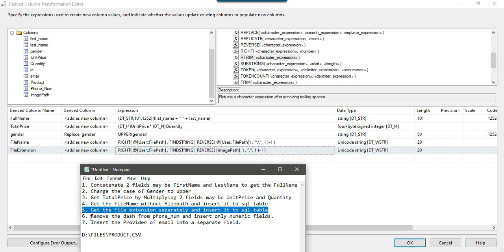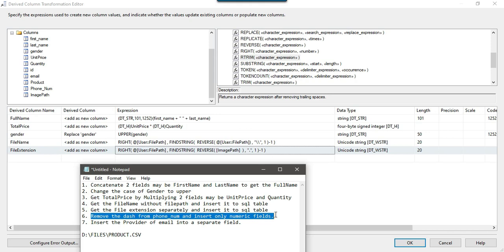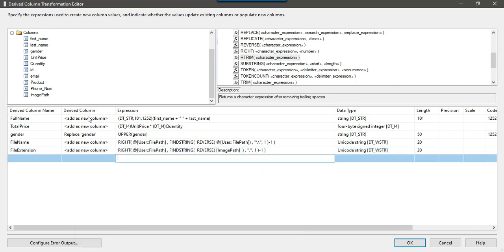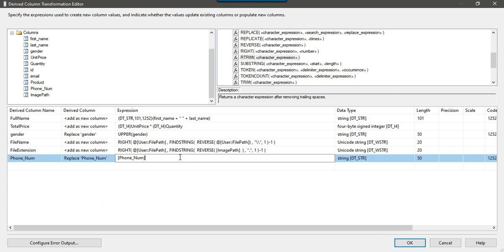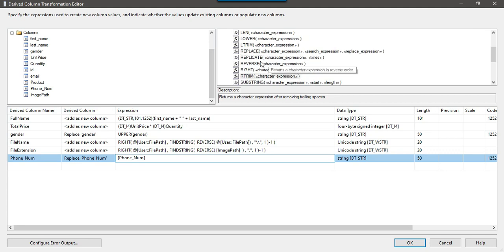Okay, now the sixth point is remove the dash from the phone number and insert only numeric fields. Okay, so this is the phone number and we want to override the value of the phone number, and what we want to do is replace the value. So there is a replace function here.